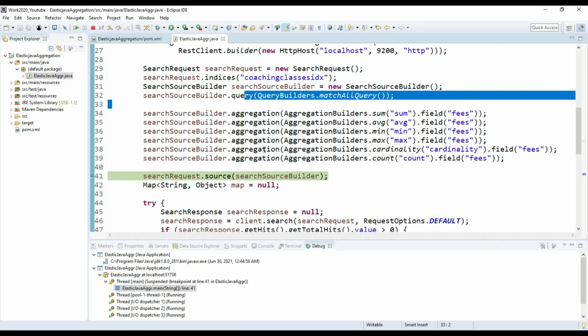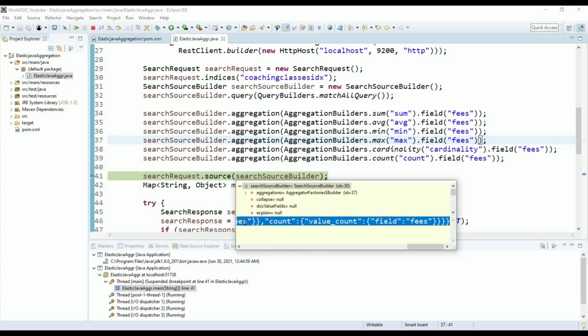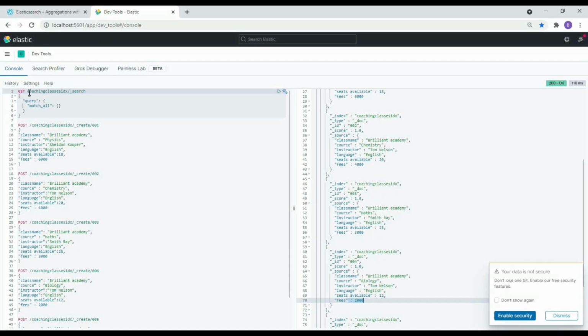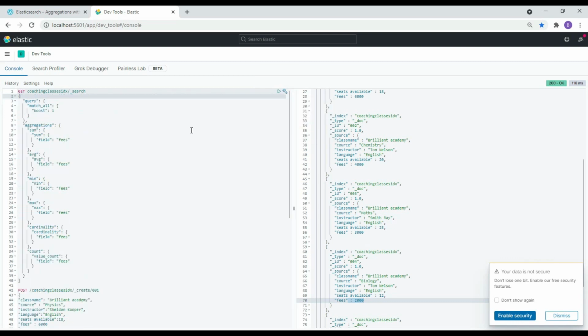So let's verify this variable, and I'm pasting it into Kibana so you get a better understanding. I just copy this, go to settings, and say auto indent. Now how does it look?